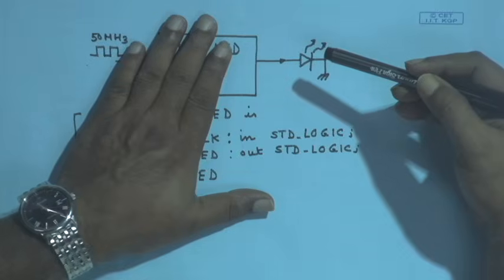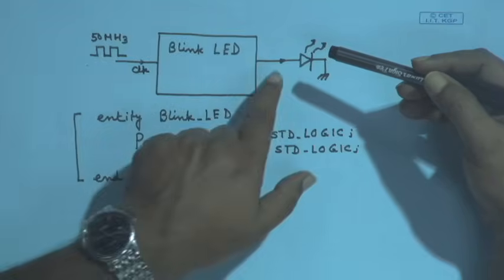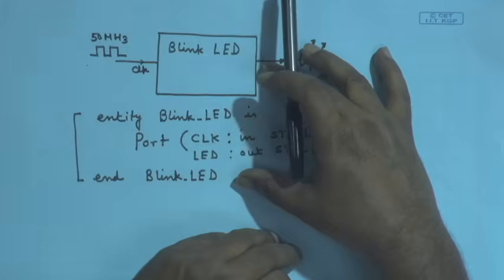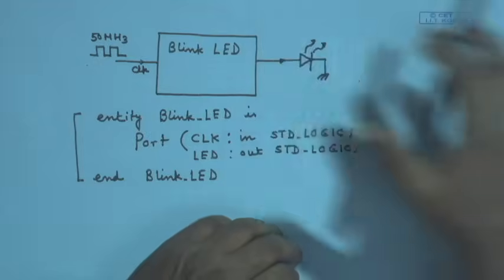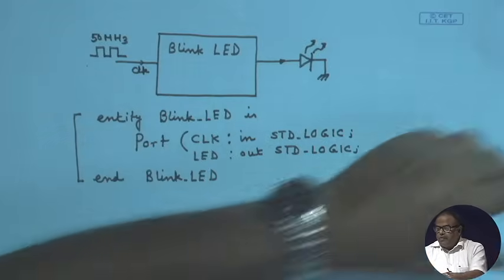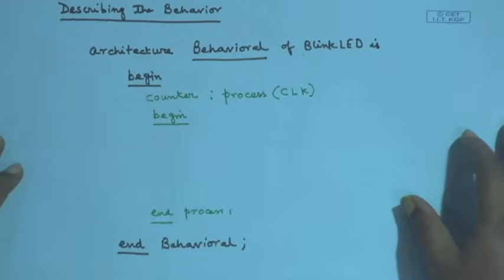Now, that just tells me this outer shape, that it will have one input port, another output port, nothing beyond. Now, what I need to do is I have to describe the behavior of this, what I was telling you in words, that it will take this clock and for every 1 second it will glow on and then it will glow off, and that thing I have to describe now. For describing the behavior,